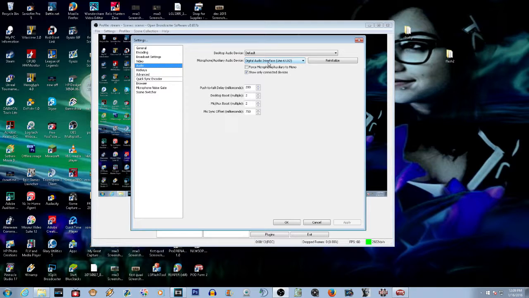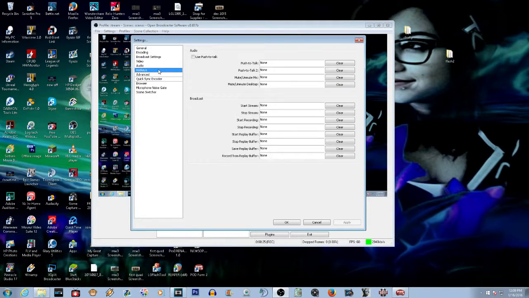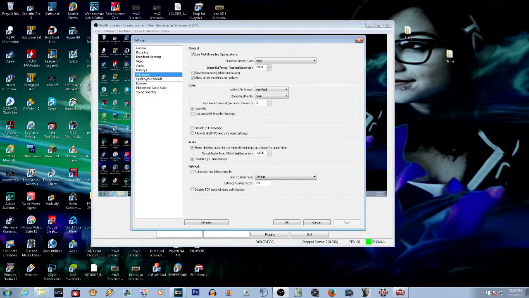I have an audio mic sync offset of 750 milliseconds, and I'll get right into that after I finish the rest. Hotkeys, I do not have. Advanced settings, this is something I took off of the internet, and it's been working well for me so far because it keeps everything synced. I will explain now. Priority class at high, scene buffering time at 2000, and then